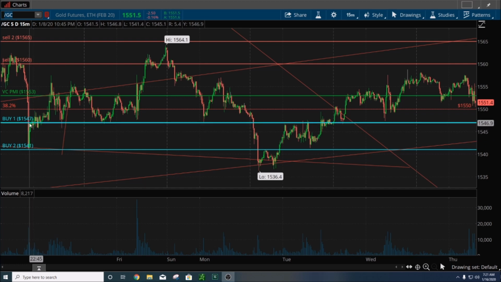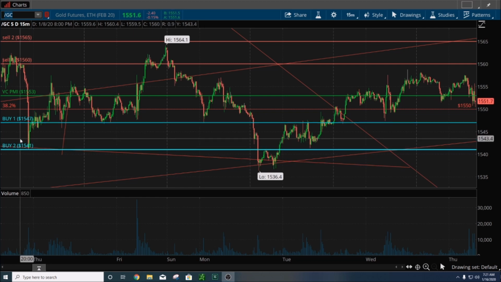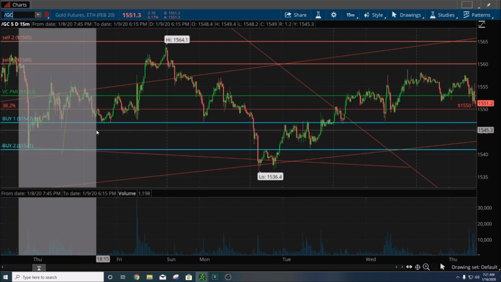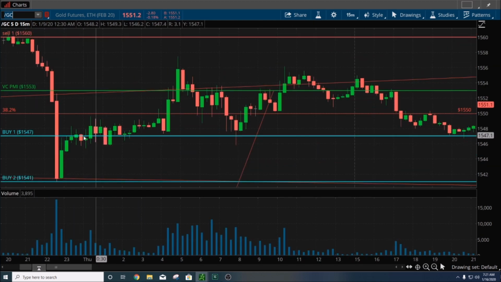Buy one is 90% probability of a reversion occurring. Buy two is 95% probability. And as you can see here, the market came right down into buy one. It did not activate a buy signal. It came down to buy two, and then activated a buy signal from buy two at 1541.47. It met the target, and then it pretty much triggered the buy signal from the buy one level,